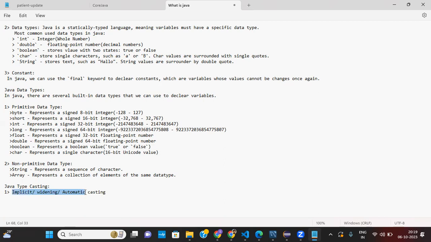You will understand these three names by hearing the three keywords: implicit, widening, and automatic. These three keywords mean the same thing.